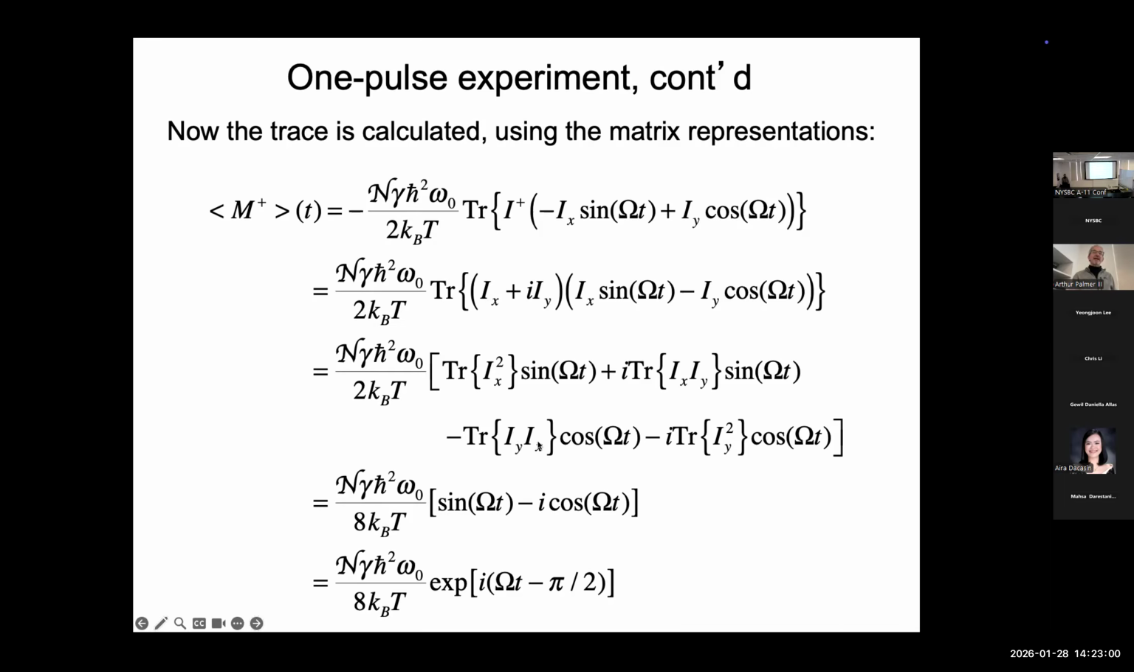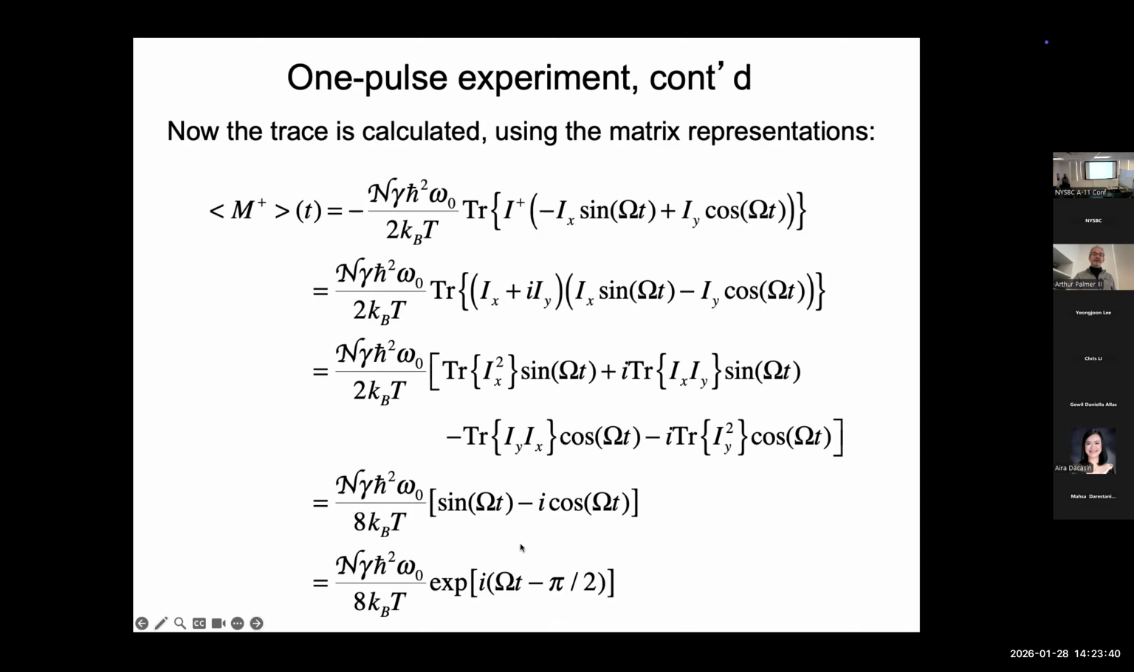Here I have Iy times Ix. I multiply the two matrices together, and I also sum the diagonal elements, and I get 0. Here, Iy times Iy, and sum the diagonal, I get 1. So I end up that my signal is all these constants times sine of the offset times minus I cosine of the offset. And then I recognize that this can be written as a complex exponential